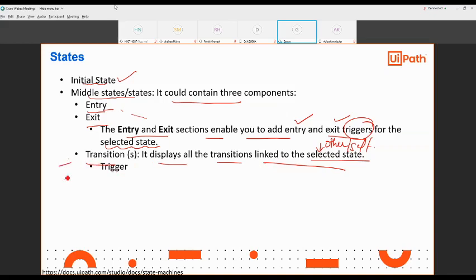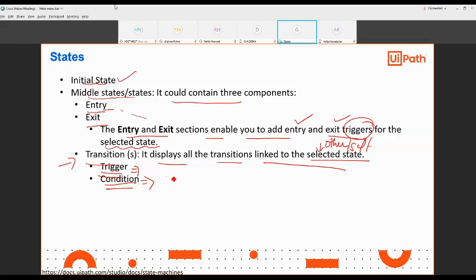This transition has multiple components. One is the trigger. If you want to mention any statement or any activity during the initialization of the transition. Then a condition, like what is the condition to transfer to a particular state, the second state.